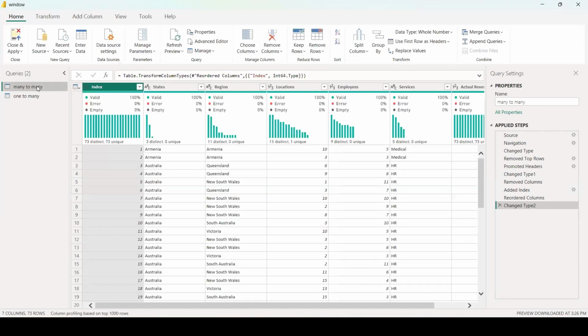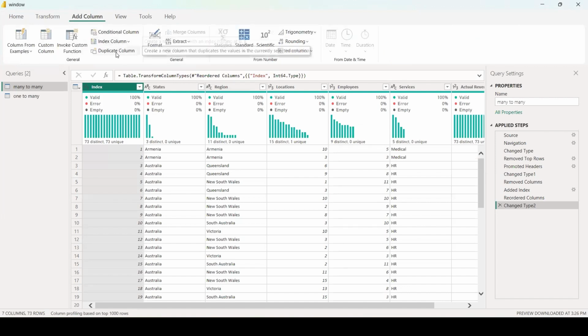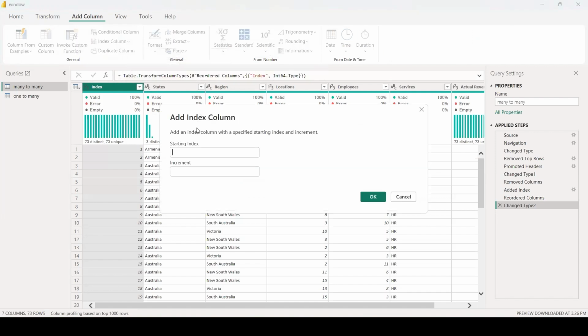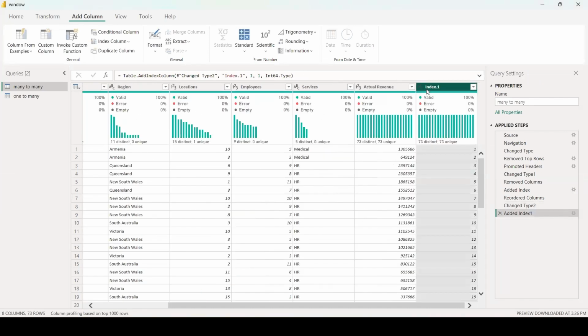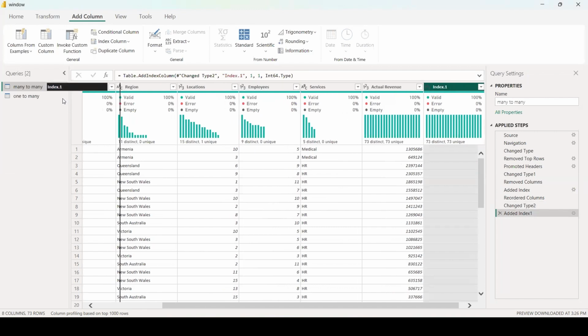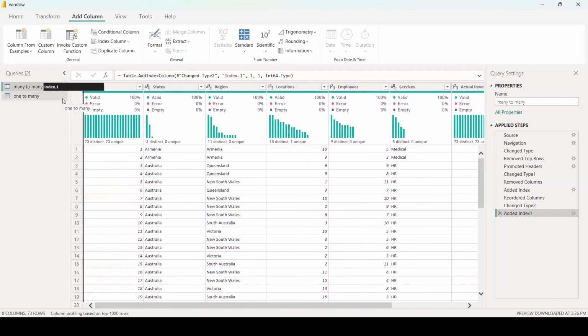And now we look to add a column, and we have here index column. We will choose custom, and then we add a starting index 1, increment 1, and we have added just a new column to our table. We can move this column in front of states column.